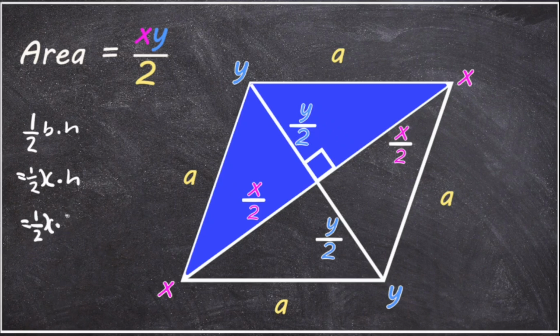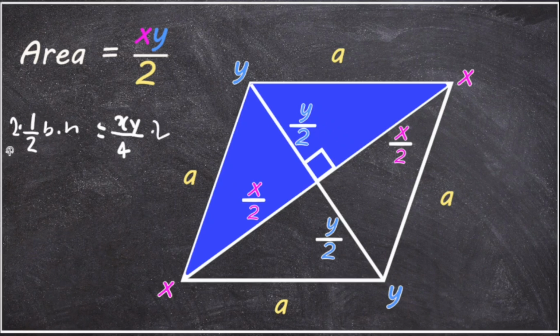Well, the height is y over 2, so that's 1 over 2 x times y over 2. We can simplify this by multiplying the denominators and the numerators, and that will give us that half base times height, which is the area of one triangle, is equal to x times y over 4. We can get the entire area of the rhombus by simply multiplying both sides of this equation by 2, and that gives us that the area of the two triangles is equal to x times y over 4 multiplied by 2, and that simplifies to x times y over 2, which must be the area of the